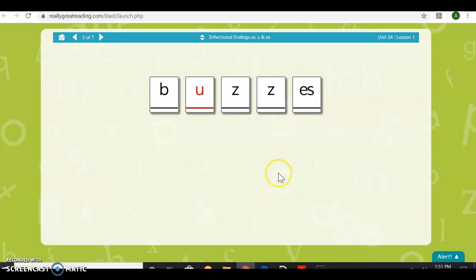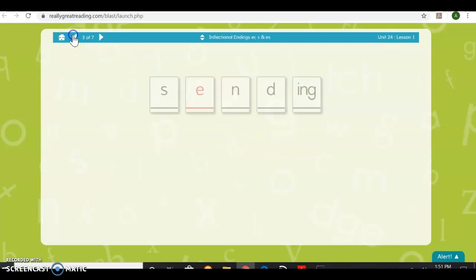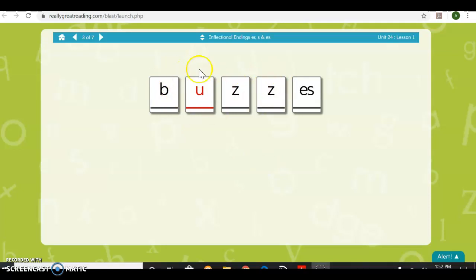Let's take a look at this word. Oh, let me go back here. Okay, so here's the base word, buzz, and then I have an ES. In buzzes, you only say the Z sound once, okay? We don't say buzz-is, we say buzzes, okay? Because that special ES ending does not tell us that there's more than one of something, it just changes the verb buzz a little bit, okay? So remember, when we see the special ending ES, we'll say the sound es. Okay, great job, boys and girls. So now we're going to take a look